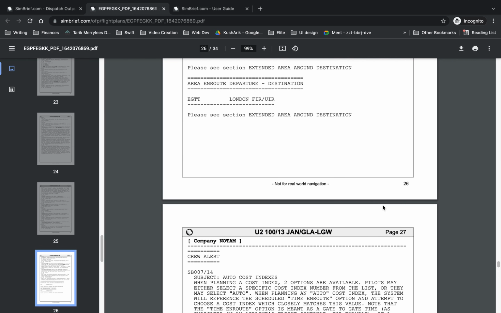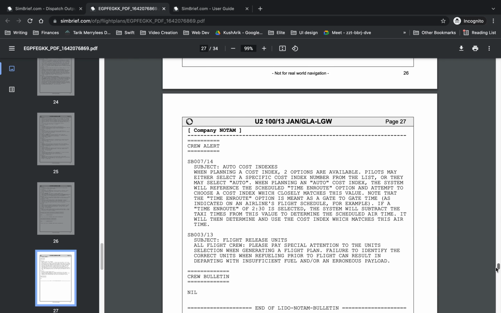And then at the bottom, you're going to have company NOTAMs. Company NOTAMs are exactly that. They're notice to airmen. I think they've changed the airmen to something else now. I think it's something a bit more woke, politically correct. But